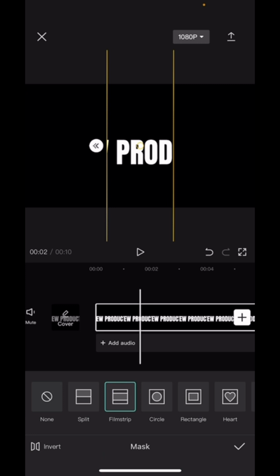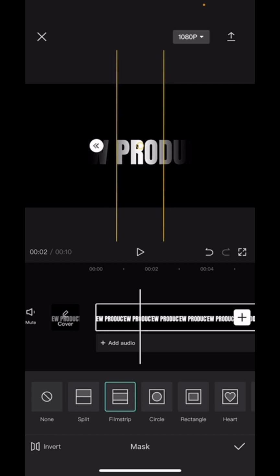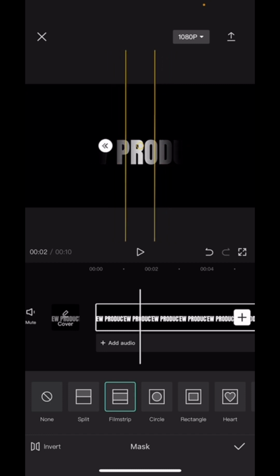So what this arrow here does is that when you drag it towards the left, it shows a little transition. You can drag as much as possible. So I'll drag like this, and with my two fingers I bring these two lines close to each other. So now I animate. Okay, click on OK,